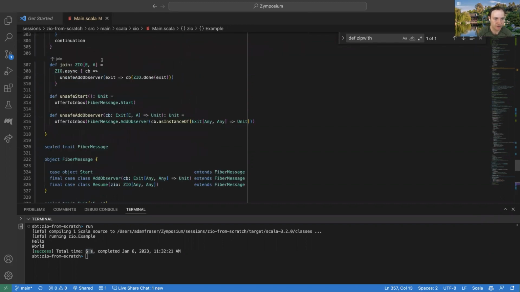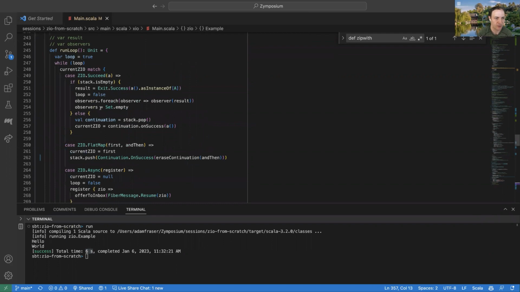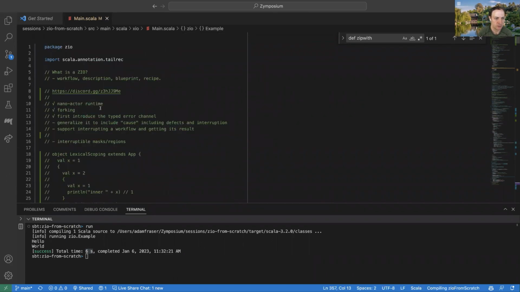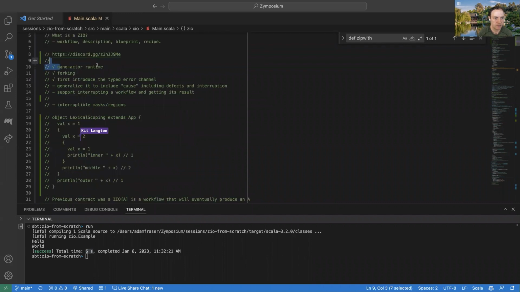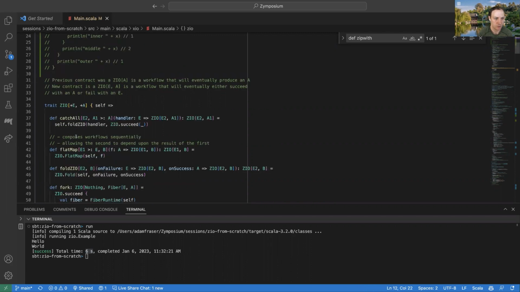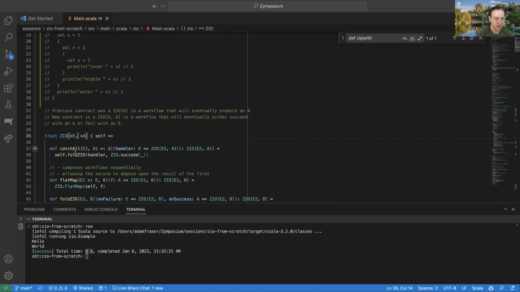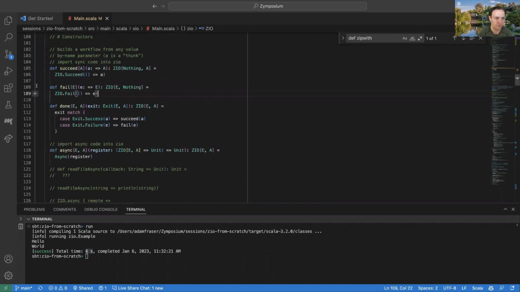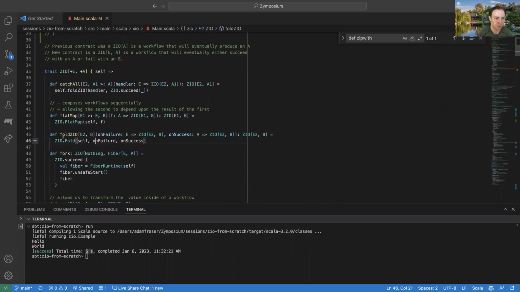This is not that many lines of code, especially excluding our scratch notes and stuff. So we looked at our active runtime. We just looked at forking. And then we talked a little bit about the error channel we introduced, the idea that you could fail with an error of type E. The key things that were special about the error were that we can introduce it with this fail operator, and we can handle it with operators like foldZIO or catchAll.